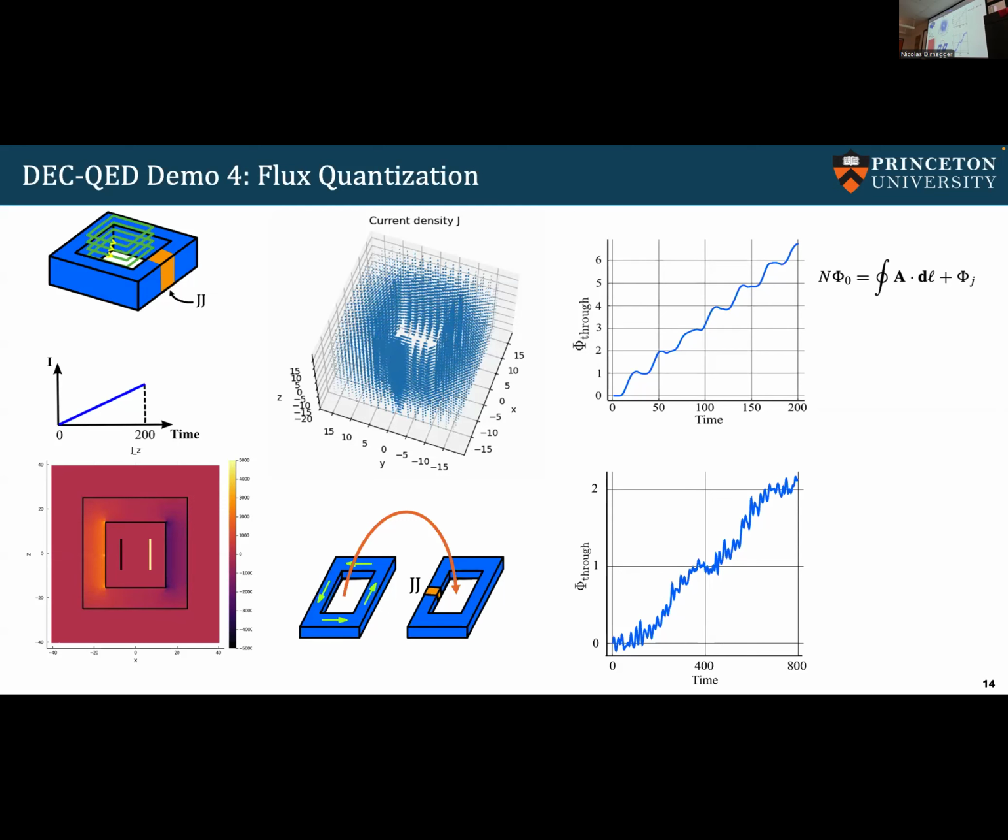And so here is a way to show that you can really simulate the time dynamics of how this process happens. And the mechanism is actually quite fun. It turns out for this particular setup, where you have a superconducting loop with a tiny Josephson junction slit, the flux quantization is facilitated by the creation and movement of vortices around the junction strip. And this video already illustrates or hints at what really happens if you pay attention to the